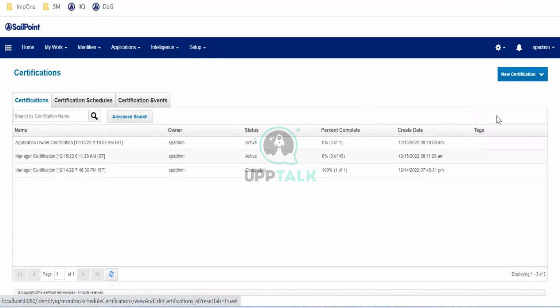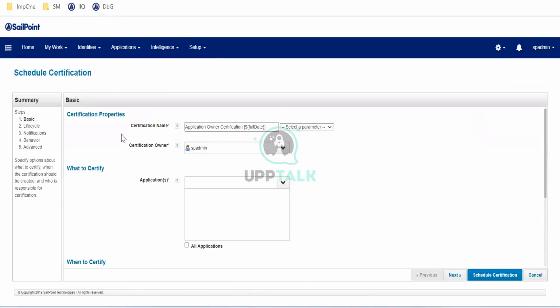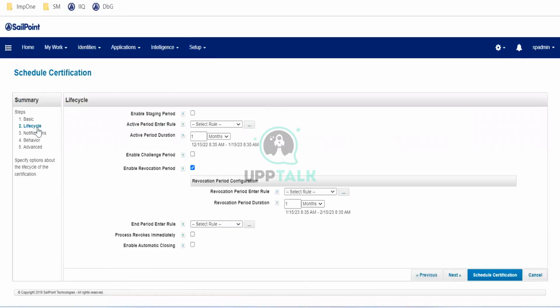I'm not sure about the audit perspective. If you want to enable the time for each and every place, you can do it. But audit is a very important requirement for most clients, like they want to see what's happening with every identity, right? Can we go and check somewhere?